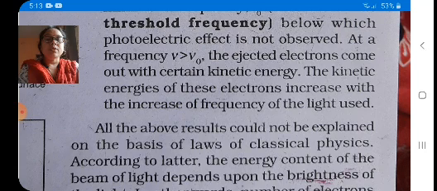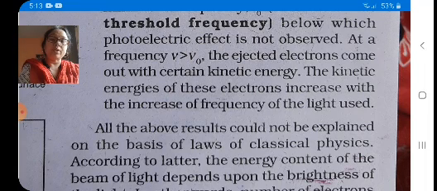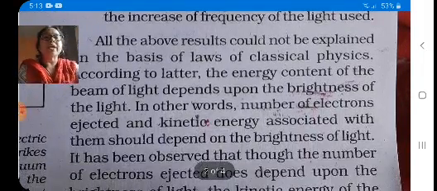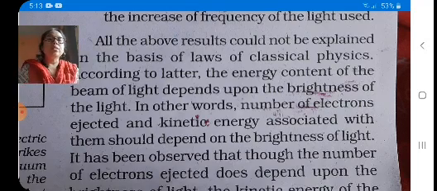Understood? It means for ejection of electrons, it is required that the frequency is more than the threshold frequency. V0 means threshold frequency. The kinetic energy of these electrons increases with increase of the frequency of light used. So all the above results that we have learnt right now could